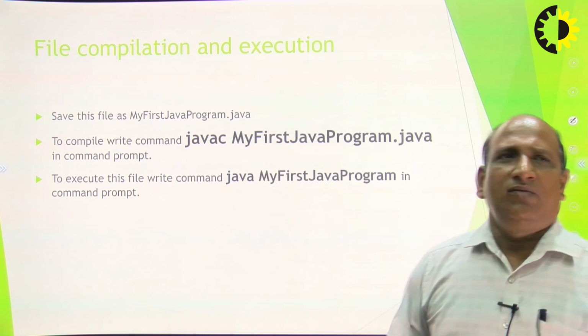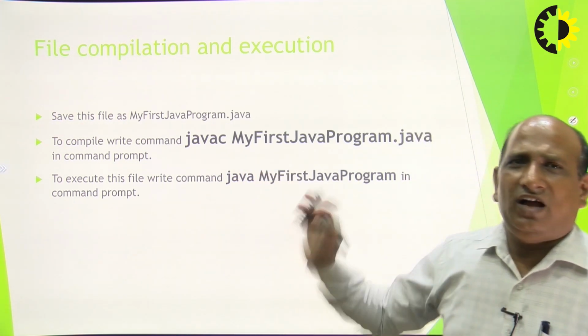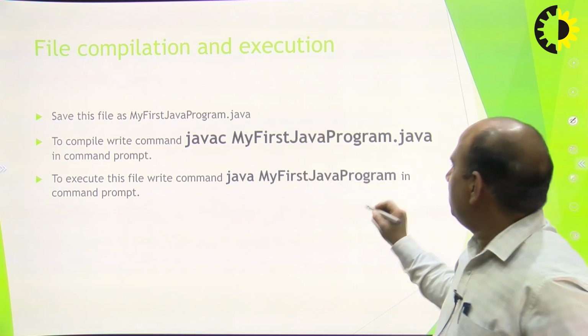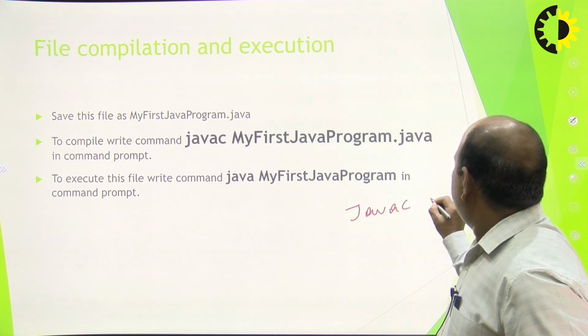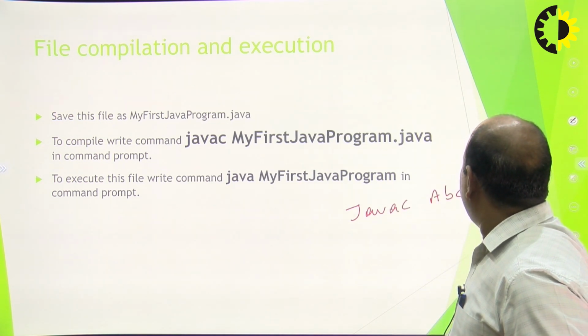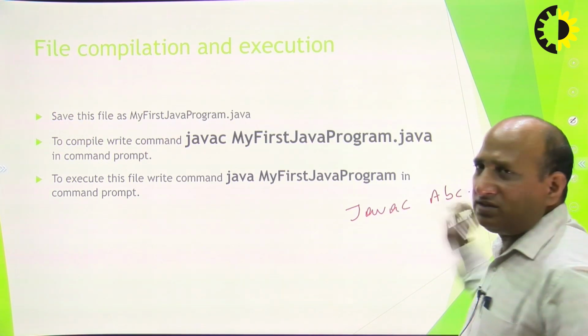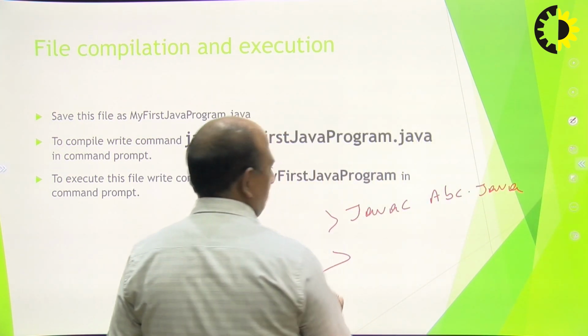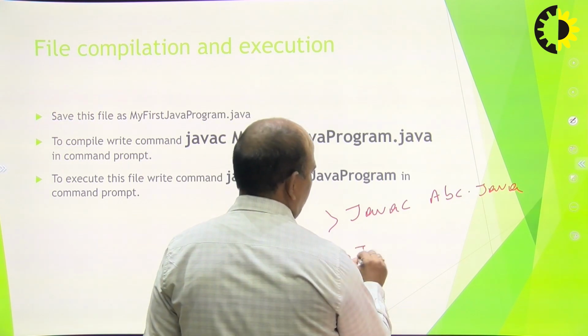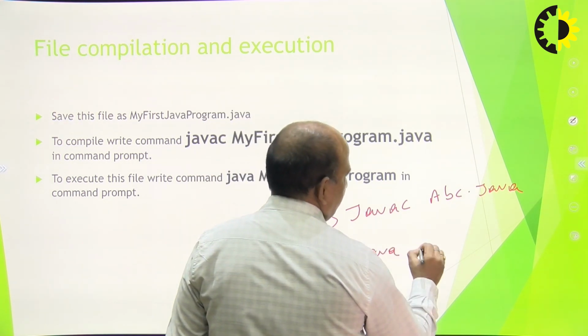This way your program will compile. If your class is saved as abc, you write javac space abc.java. Then your file will compile, the command prompt will appear again, and to execute it,